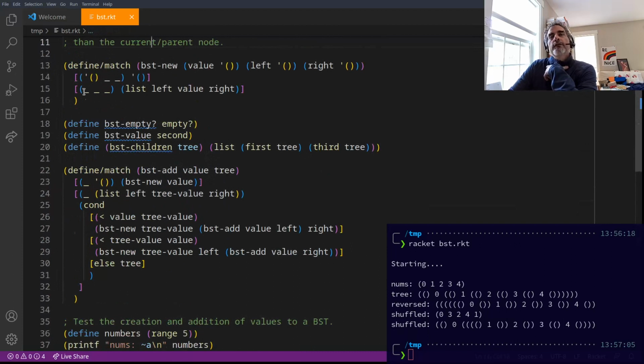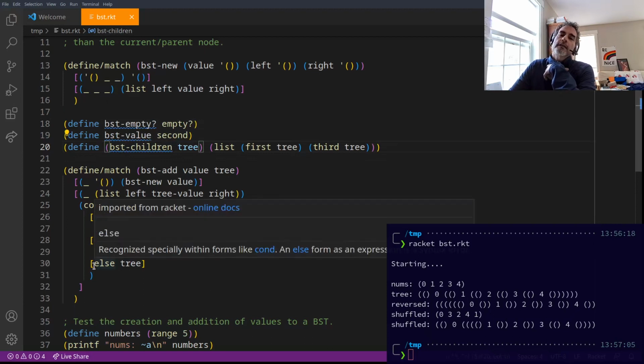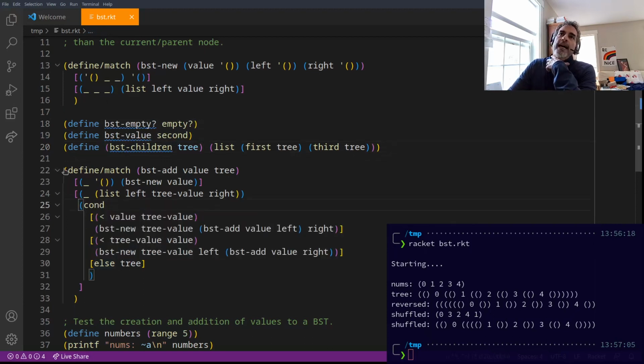Right? We have our tree. It is a list of 3 items, left, value, and right. We can reach in and get the value, which we didn't actually need at this point, and we didn't check for empty value or children, but we have those when we need them in the next lesson. And when we add,